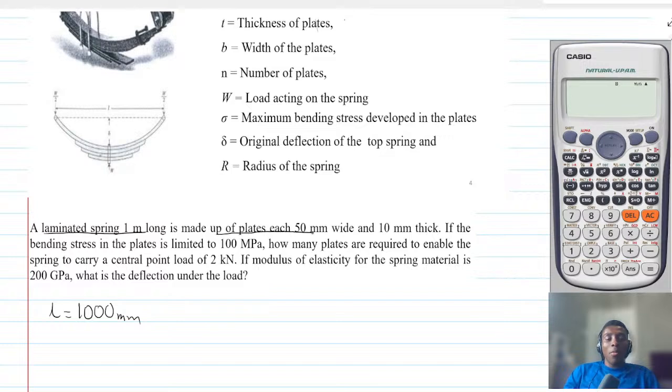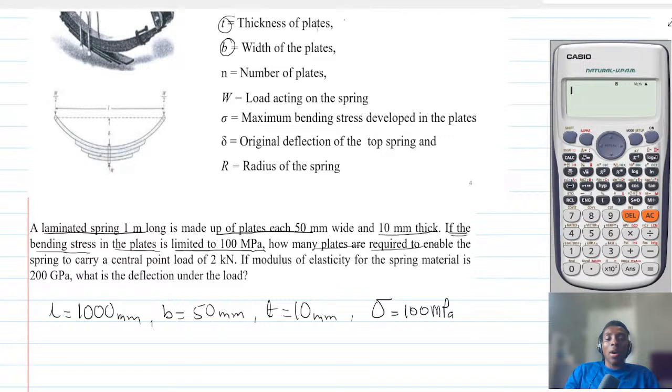It is made up of plates, each with width b of 50 mm and 10 millimeters thick, so the thickness t is 10 mm. Now, if the bending stress in the plate is limited to 100 megapascal, meaning that the maximum bending should not exceed 100 megapascal,